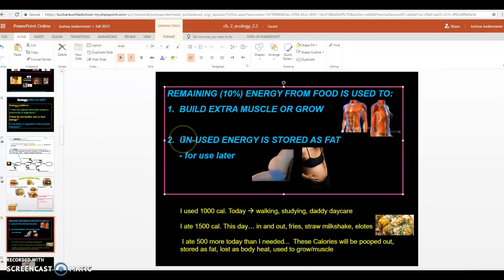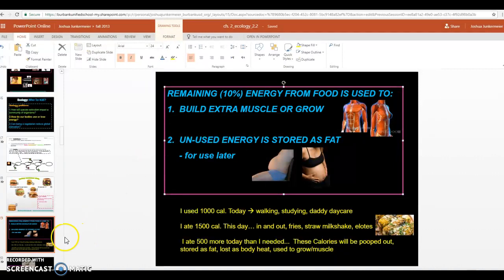And if you eat enough, and you don't need to grow, if you're not using it to work out, that unused energy can also be stored as fat. And that's for later use, as you can see. So we have some overweight people here. If they don't need that energy, it gets stored as fat for later use. So let's take a quick moment to look at some muscle cells and see what they look like. Let's see how many muscles we have that are using this energy. And then let's also look at what the cells are doing. If you have a little extra energy left over, how are those cells storing it?